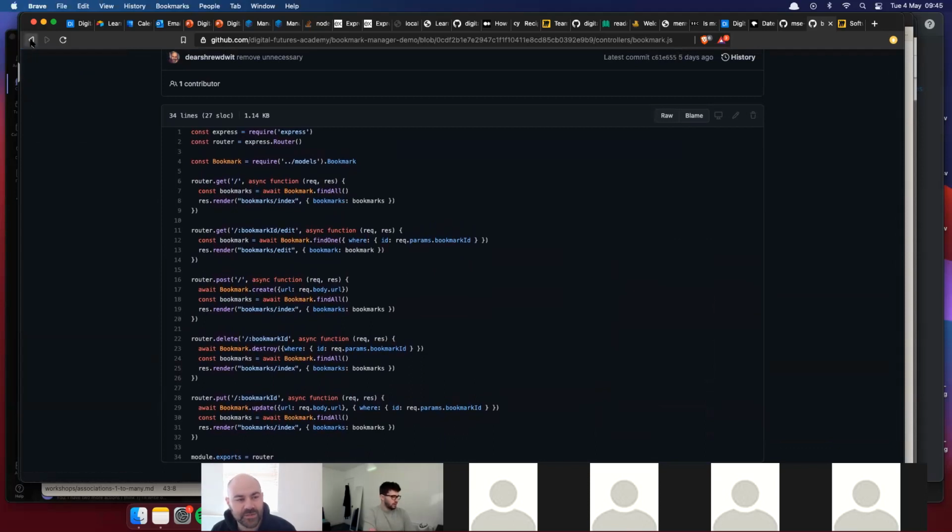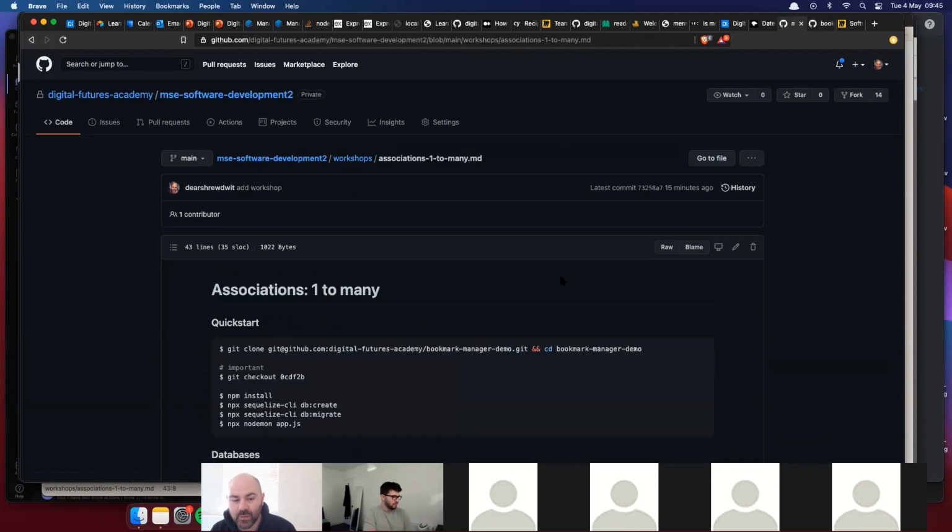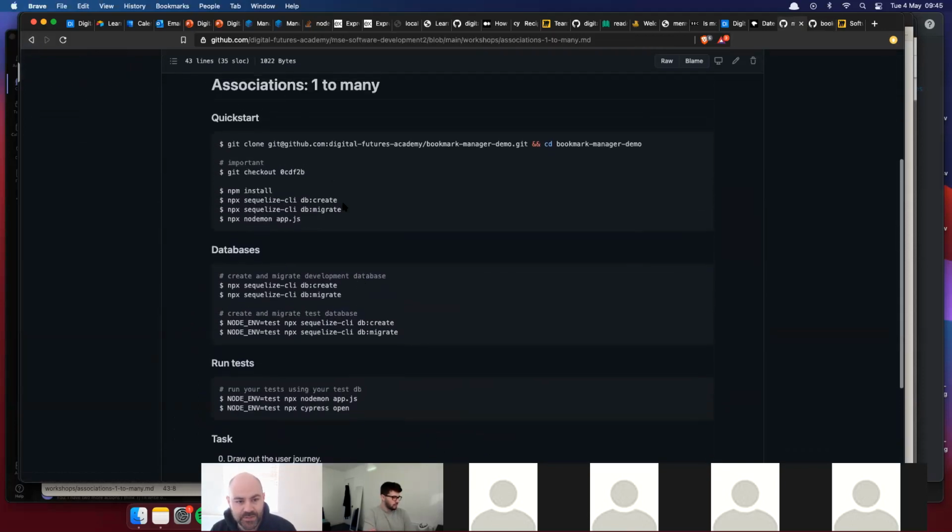So everyone will start off at this point in time. What I want you to do when you set it up is to check out that version of it. So if you just run that, once you've cloned it and changed directory into it, just check out that point in time and then run through everything that you need to. So at this point in time, it's just got bookmarks, and then everyone can extend it, and we'll be able to look back